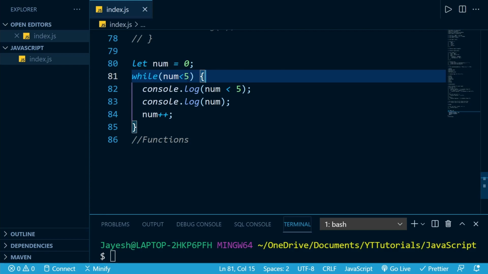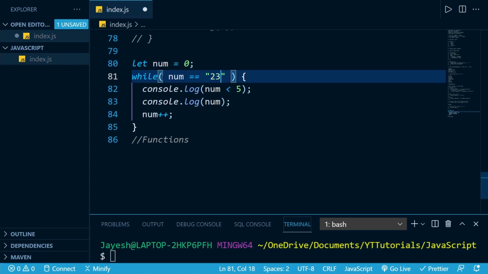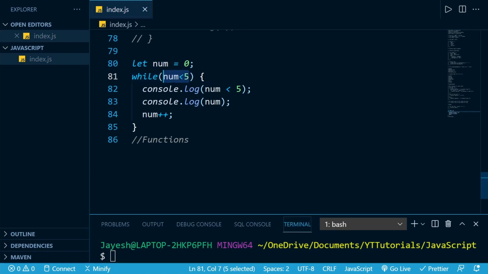It can be a simple number, or it could be some complex expression, something like, for example, let's assume if our num is equal to this value 23 and something else and something else, you can do something like that. It doesn't matter. The only important thing is inside of these circular brackets after our while, it should return a boolean value, so that our while loop knows whether or not we should continue. If it returns false,